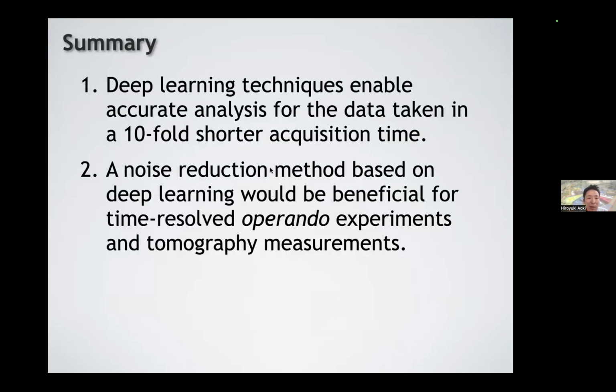Yeah, so this is a summary. The deep learning technique is quite effective to predict the noise component in reflectometry data taken with quite a short acquisition time. This will make the time-resolved experiment quite a bit shorter, and this technique is very effective for operando experiments or tomography measurements